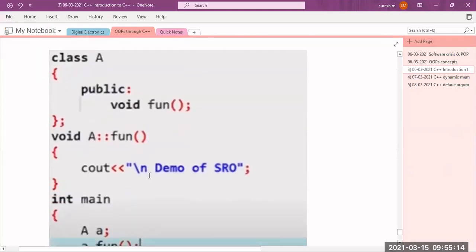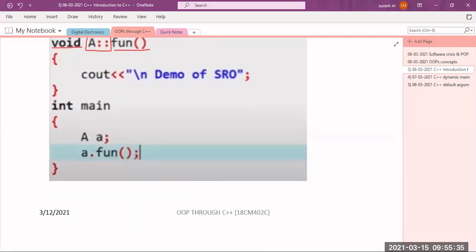And the second one is this. We have this class A. Inside this class A, we have a member function, void function. I want to define this member function outside the class. So what is the syntax? First I have to write the return type, and then the name of the class, A, scope resolution operator, then the name of the function, without any parameters. I'm writing it here. Then in int main, we have a dot function.